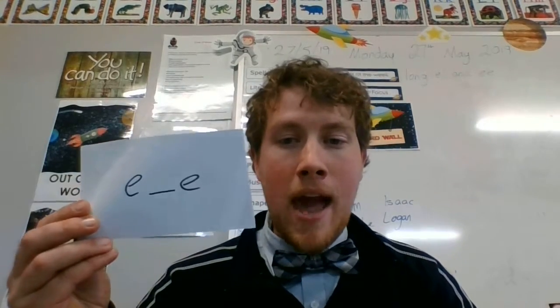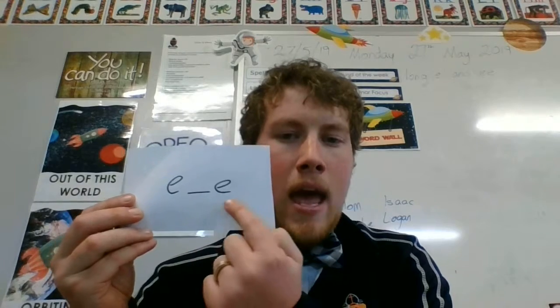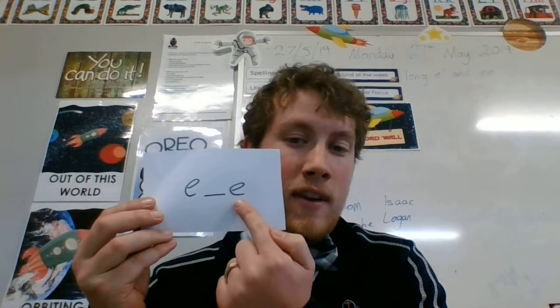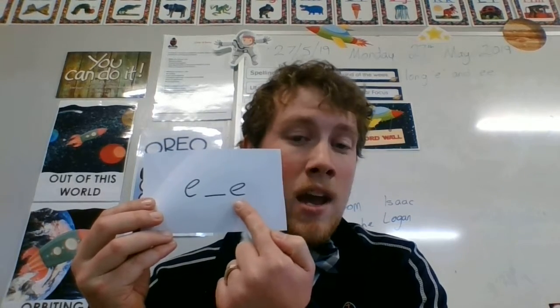So the long vowel E is represented in a few ways. Firstly, you have E underscore E, as in every other case, where the underscore is usually a consonant, and you have first E, consonant, second E. This is sometimes called bossy E, so that's telling this E to make the E sound rather than the E sound. It can also be found in the middle of a word, and in this case, you have this E making the long vowel sound E, a consonant, and then this E making the short vowel sound E, such as